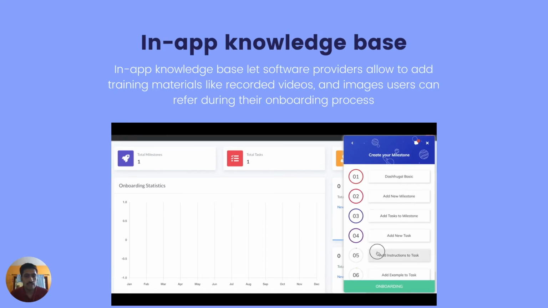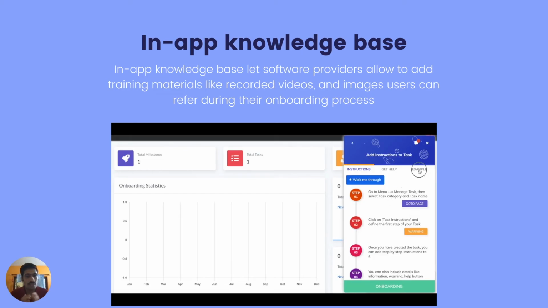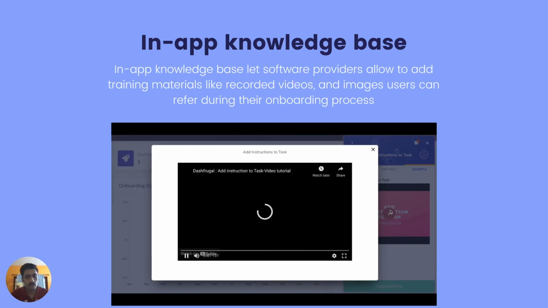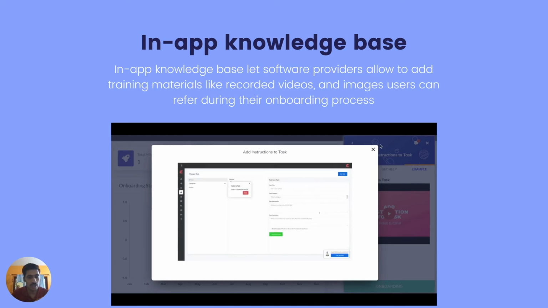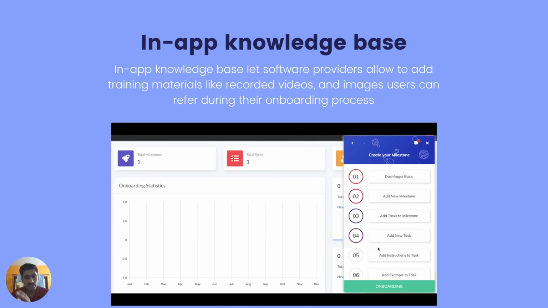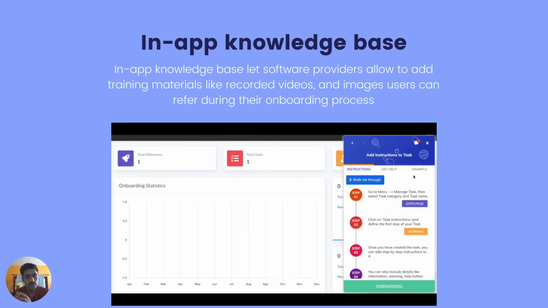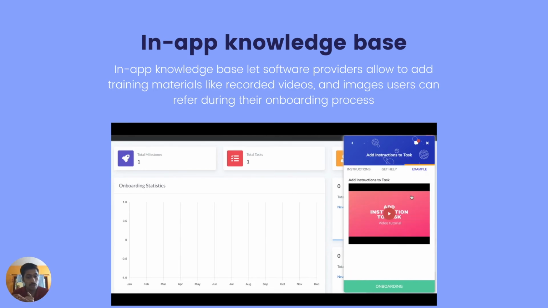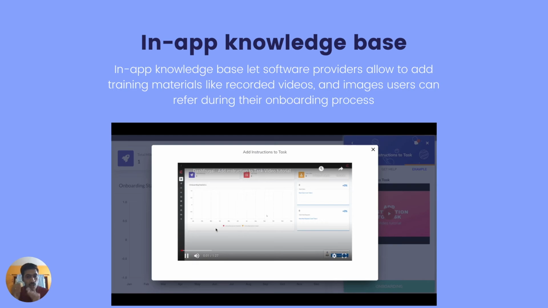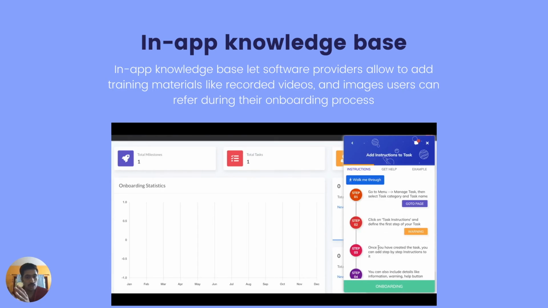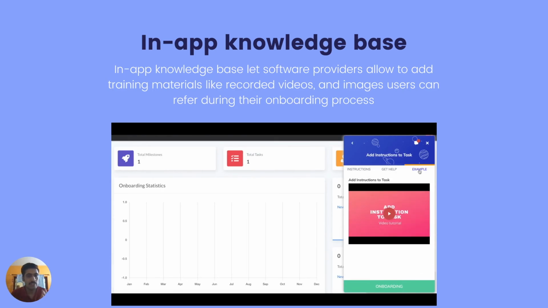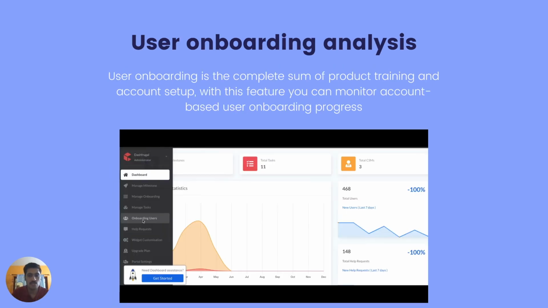The fourth one is an in-app knowledge base. The in-app knowledge base is a combination of videos and examples hosted on YouTube, whose link you can also paste on the widget-based onboarding tool, including images and a lot of information that you can host on our widget. Whenever the user needs it, they can go through that document and complete their user onboarding activities using the contextual guidance as well.